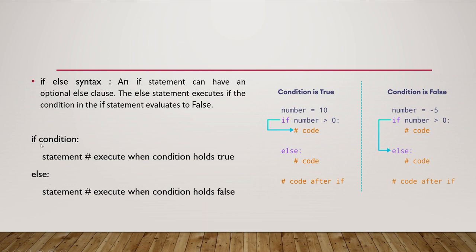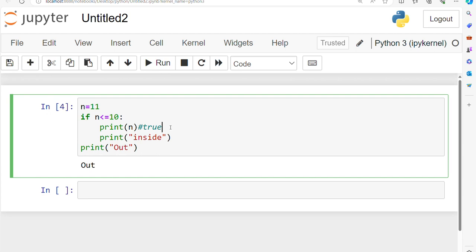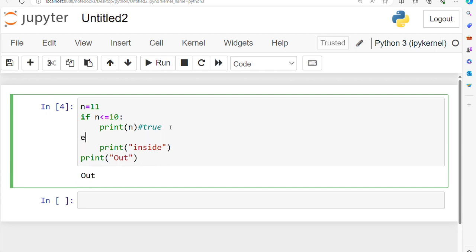For if else, I'll write if condition followed by the statements, then else. Now, if and else need to be at the same level of indentation. After else also we need to provide a colon sign, then the group of statements which we want to execute. So I'll change this code like this: else colon print